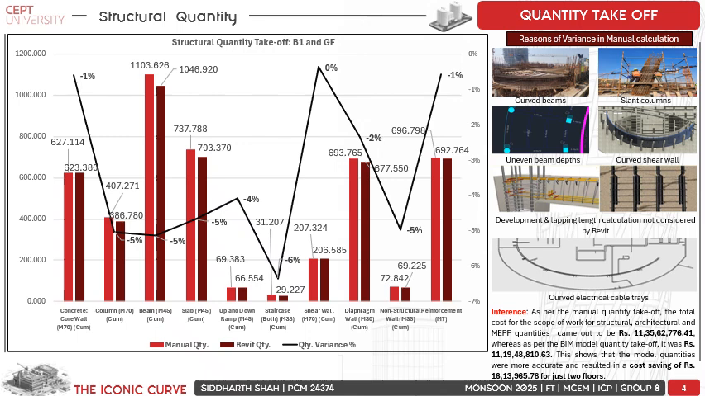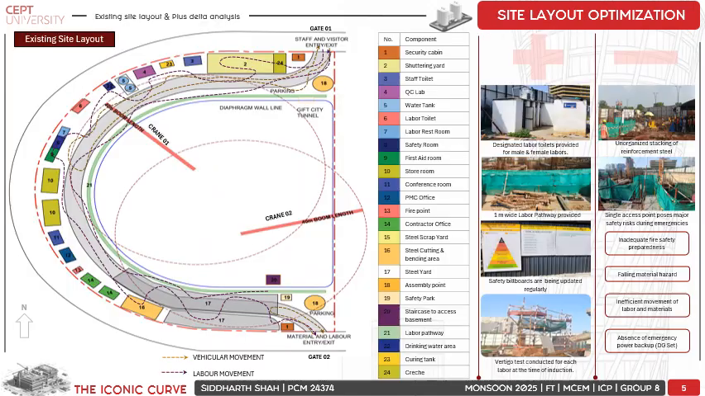48,810 rupees. So this shows that the model quantities were more accurate and resulted in a cost saving of rupees 16 lakhs 14,000 for just two floors, which is our scope of work, basement 1 and ground floor. In addition to this cost saving, it also eliminates manual labor, which is a really advantageous thing in today's market, today's practice. Coming on to the site layout for our project,